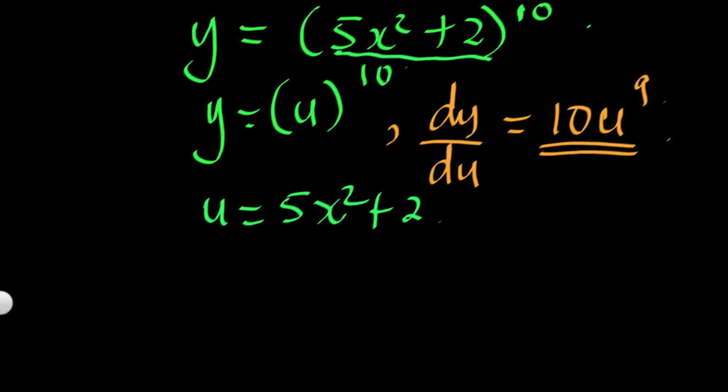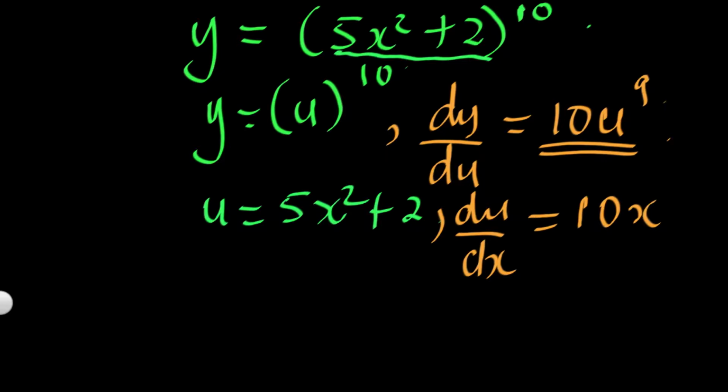From here we can find du/dx. If we differentiate 5x squared, we get 10x. If we differentiate 2, we get 0 because it is a constant. So du/dx is just 10x. From here, we can now write our answer. We know our answer dy/dx is dy/du